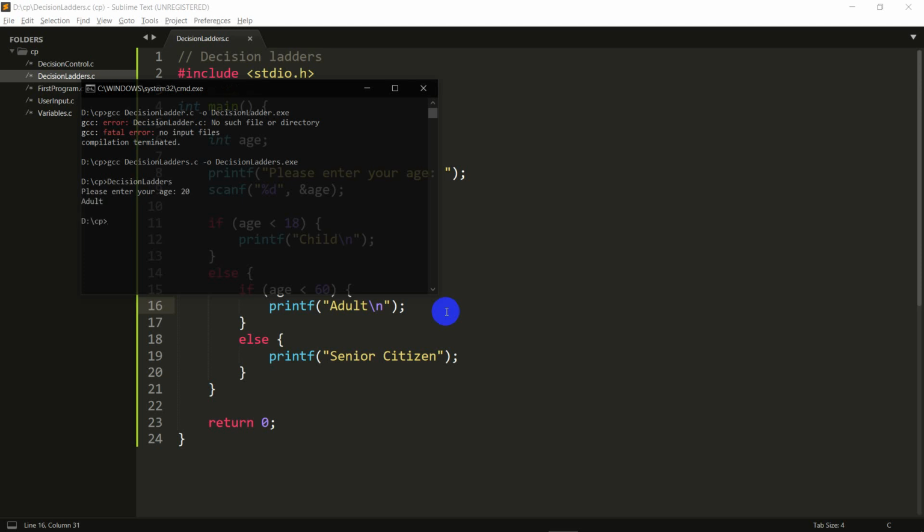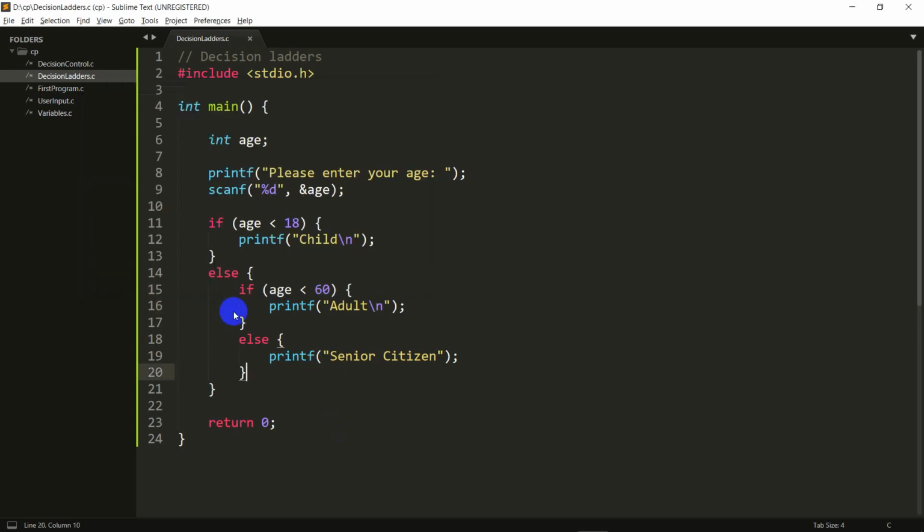If I hit enter, it says adult, and we can actually try this for a couple of different values. So let's say I enter 13, it says child, and let's say I enter something like 78, it says senior citizen. So this is working perfectly fine, but what if I told you that I want you to do something like